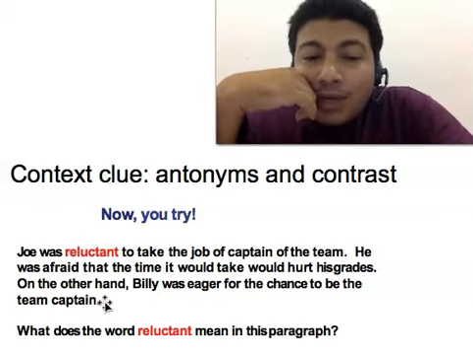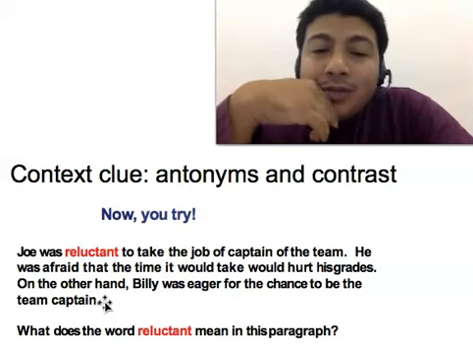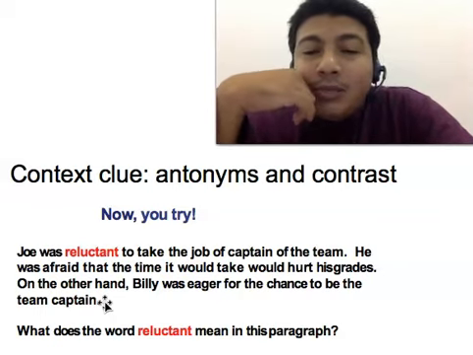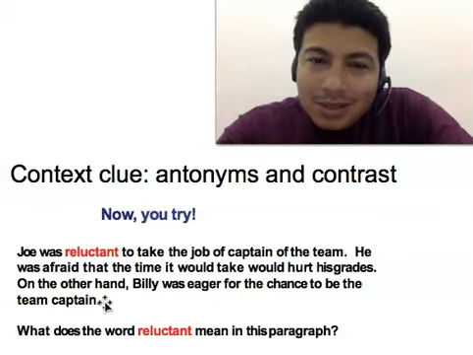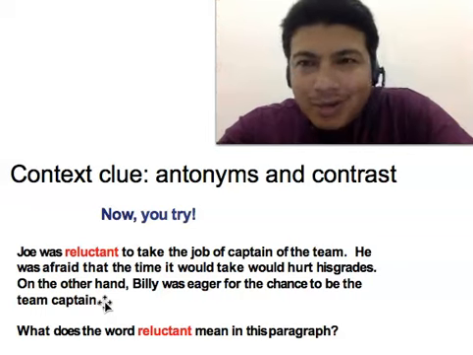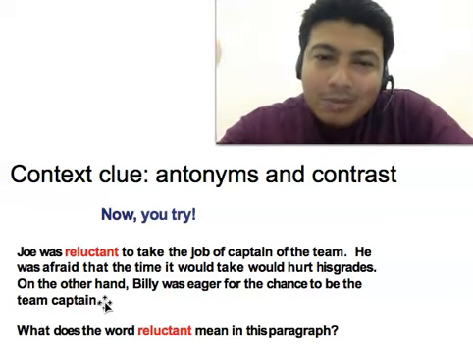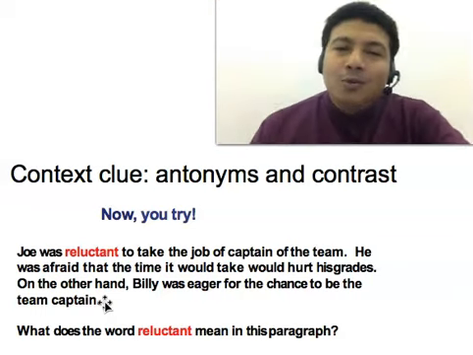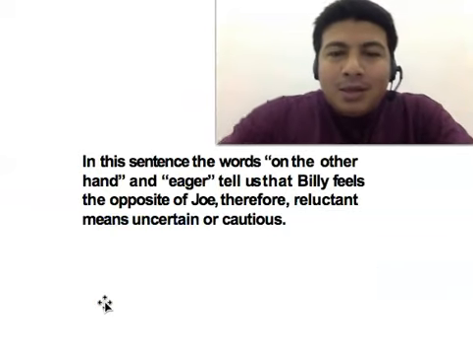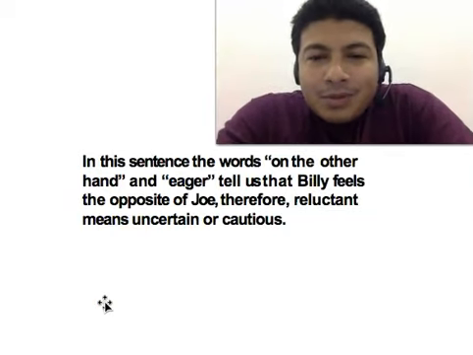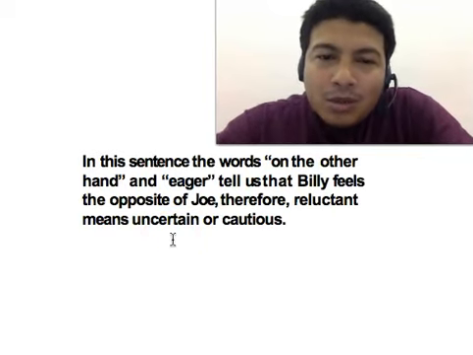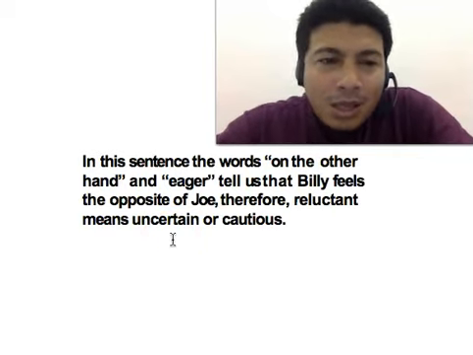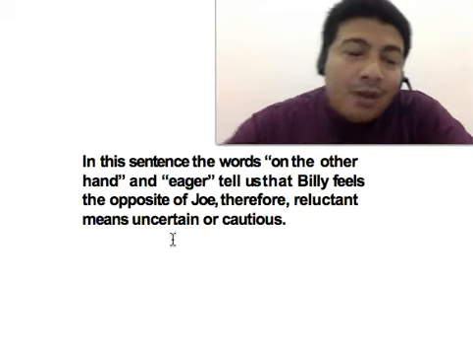So Joe was reluctant and Billy was eager. So reluctant is the opposite of eager. Eager means excited. So reluctant means someone who is not really excited, someone who is not really interested in doing the task. So reluctant means someone who is unsure, uncertain, cautious, or any other definition that you have that could fit